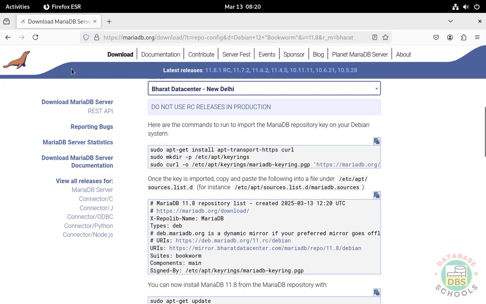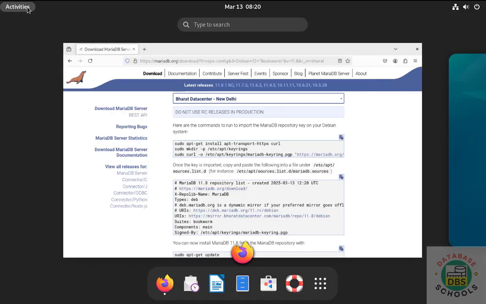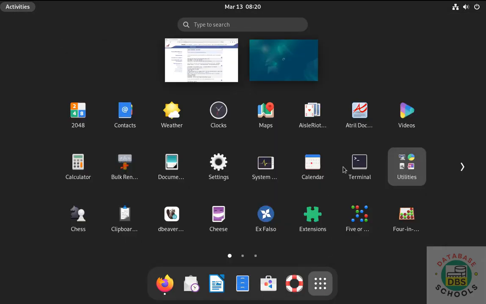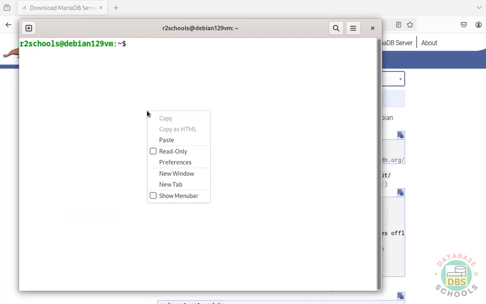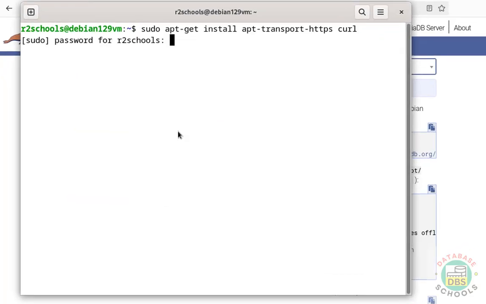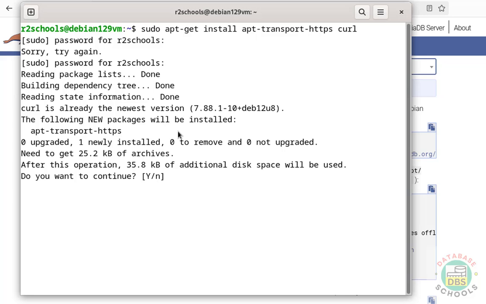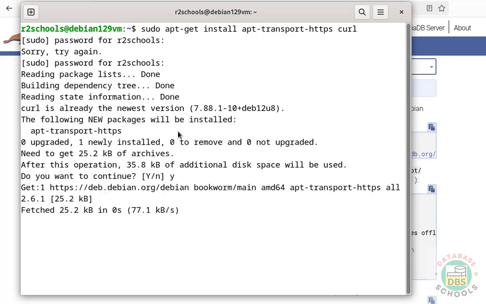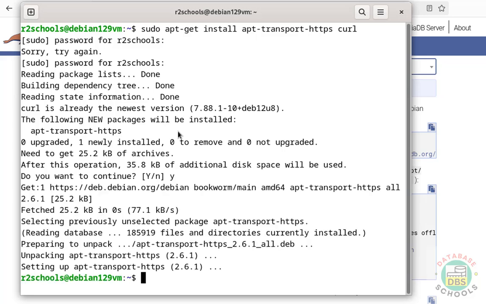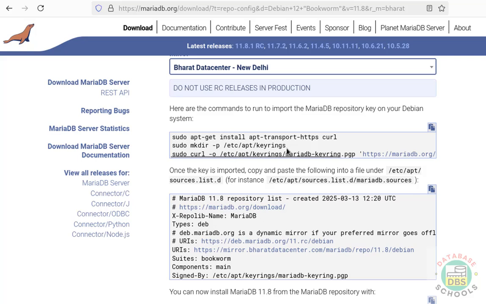Okay, copy it and open terminal. Paste it, hit enter, provide the password of the sudo user, hit enter. Type Y and hit enter. We have successfully installed. Now